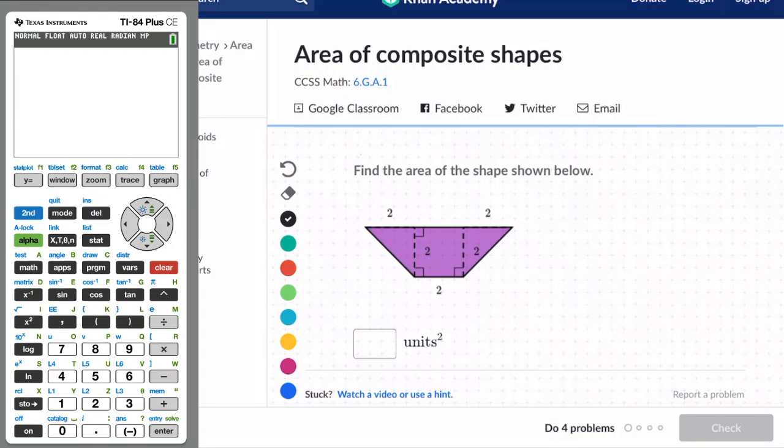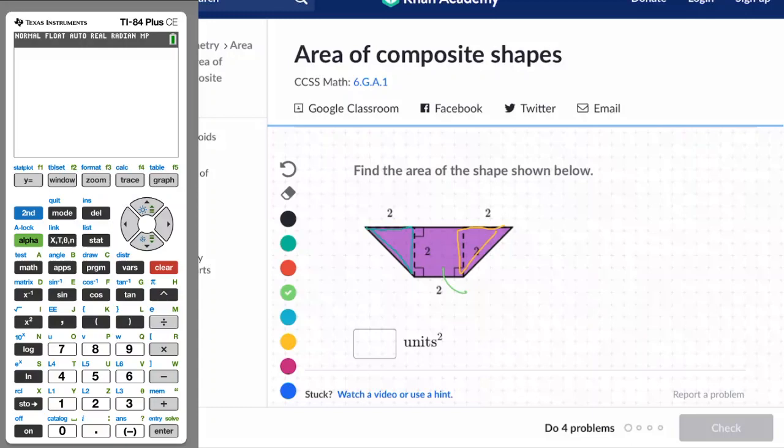Area of composite shapes. The instructions tell us to find the area of the shape below. What you want to do is split this up into a few different shapes. So you've got a triangle here, and then another triangle over here, and then you have a square in the middle. To find the area of the square, that's going to be 2 times 2, which is